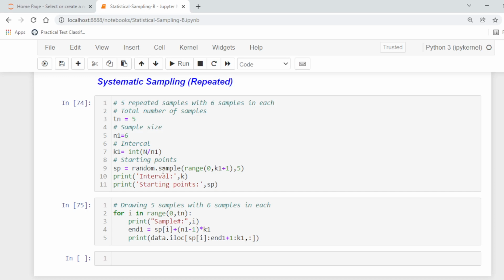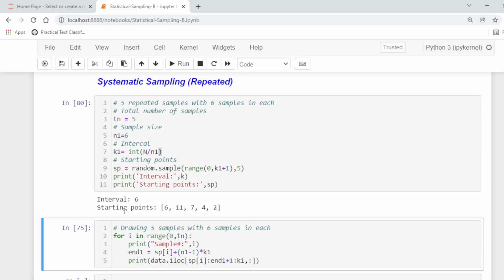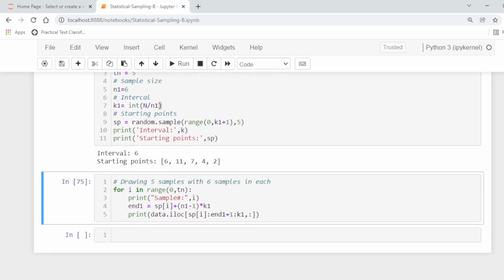And here we need 5 starting points, so we use random sample of range 0 to k1 plus 1 and 5. If we run this code, we get the interval 6 and these are our starting points: 6, 11, 7, 4 and 2. We will start our samples from these starting points.